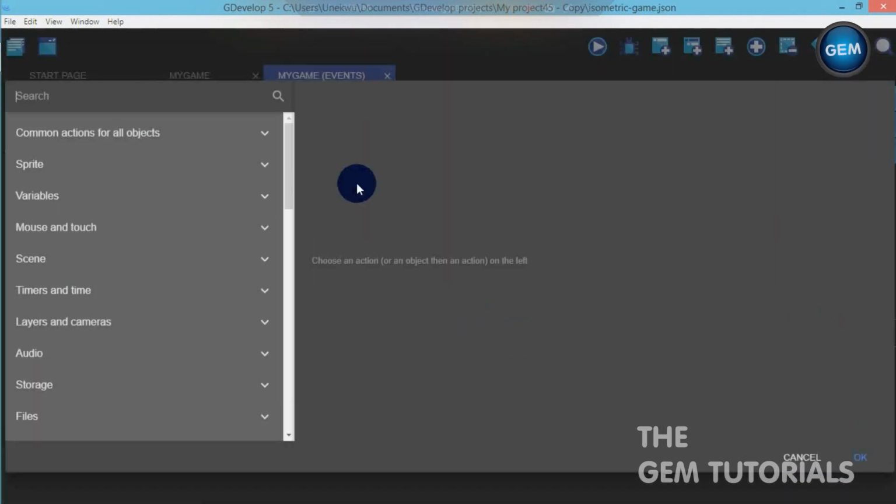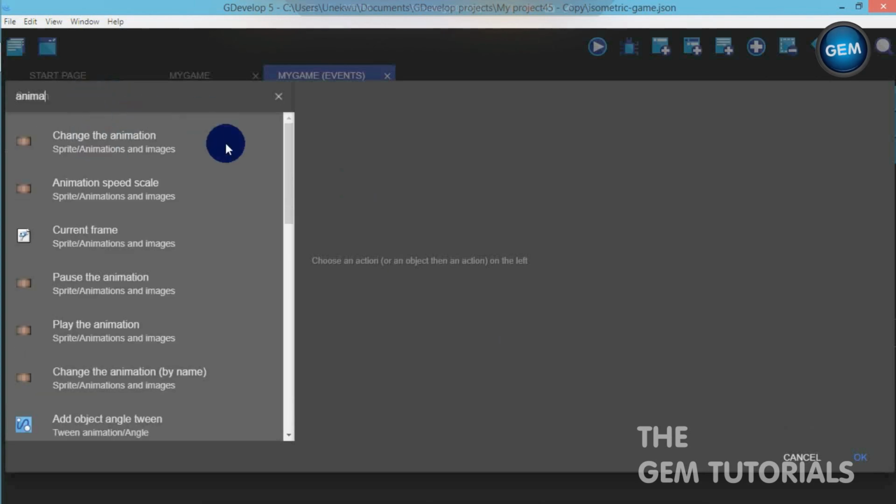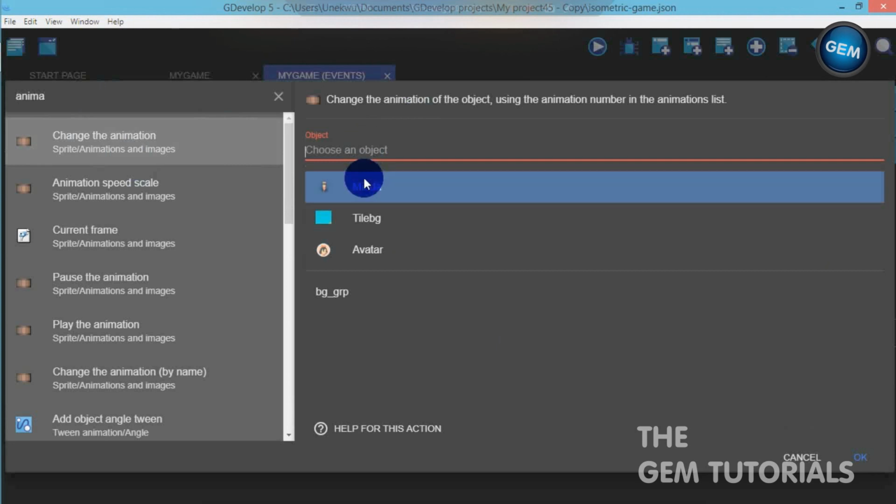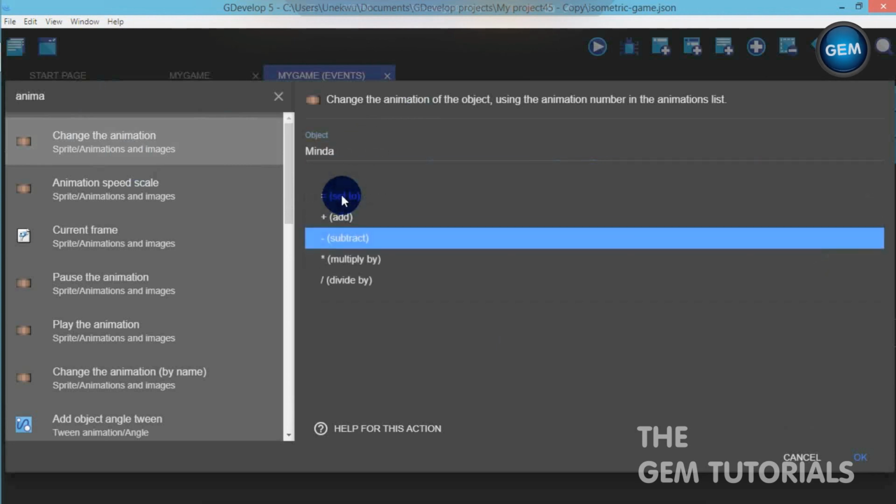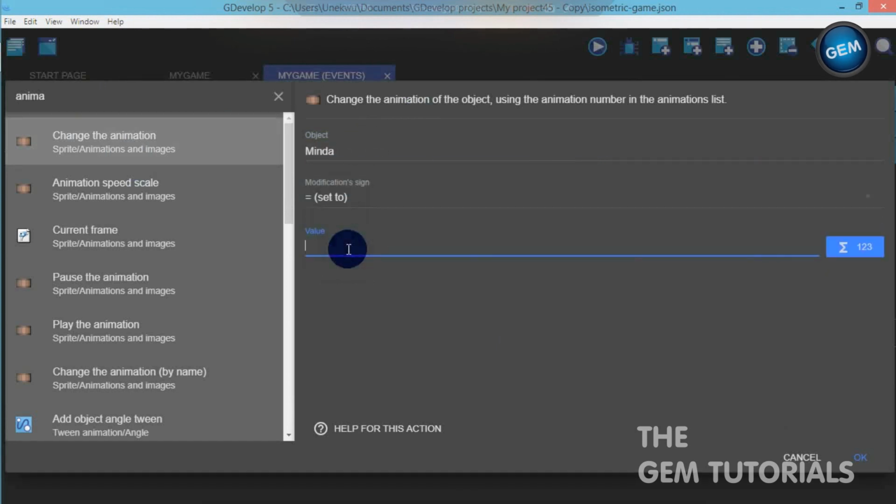Add a condition animation, change the animation of Minder, modification sign set to value. Now we will fill in 1 and not 0, because that's where Minder's main moving animation starts from. So that's why we will fill in 1 and not 0. So 1 plus round,